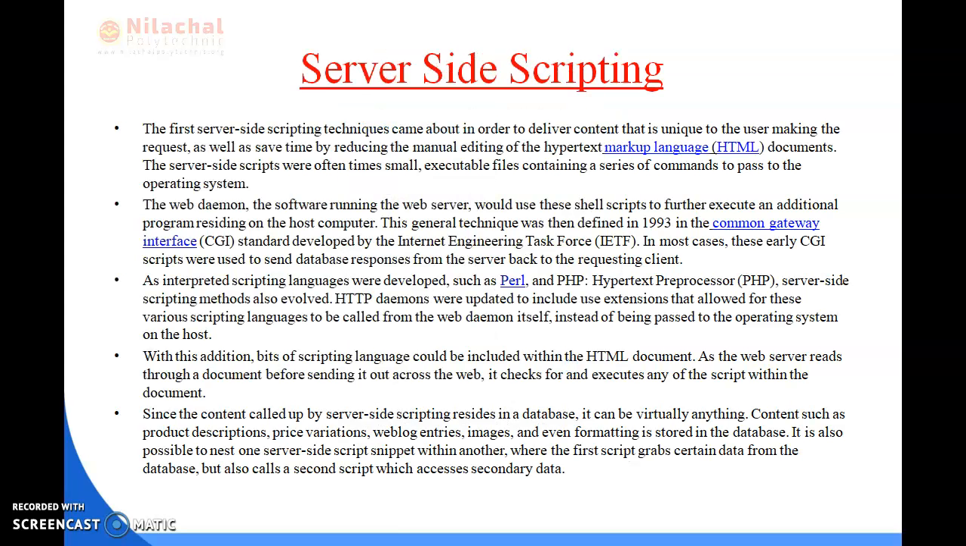Let's see what server-side scripting is. The first server-side scripting techniques came about in order to deliver content that is unique to the user making the request, as well as to save time by reducing the manual editing of hypertext markup language, or HTML, documents. The server-side scripts were oftentimes small executable files containing a series of commands to pass to the